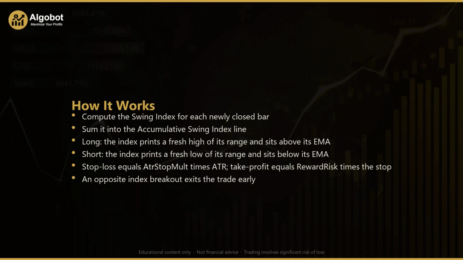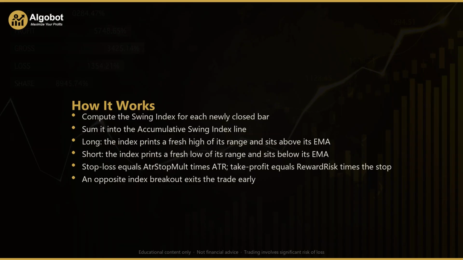But there's a second condition. The Accumulative Swing Index must also sit above its own exponential moving average, whose length is set by the AsiTrendPeriod parameter, 10 by default. That moving average acts as a regime filter, confirming an established upward environment. A short setup is the mirror image. The Accumulative Swing Index falls to a fresh low of its recent range and also sits below its exponential moving